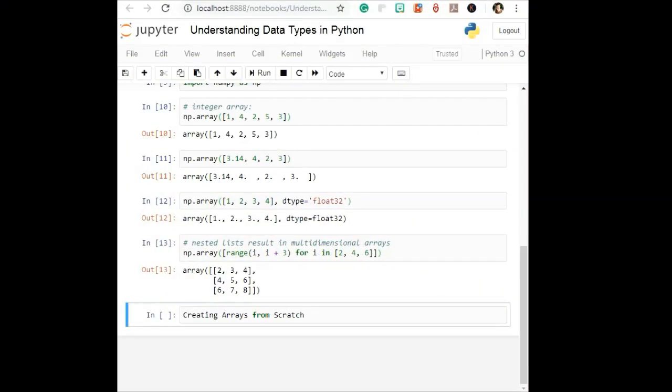Okay, so creating arrays from scratch, especially for larger arrays, it is more efficient to create arrays from scratch using routines built in NumPy. Here are several examples. Here, what we are discussing is creating arrays from scratch. Starting with a comment: create a